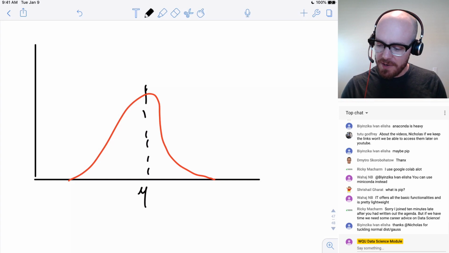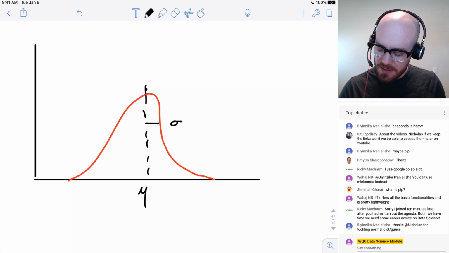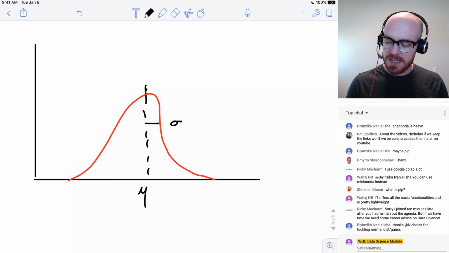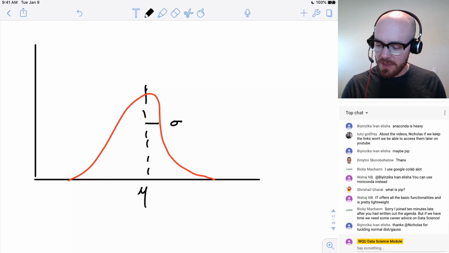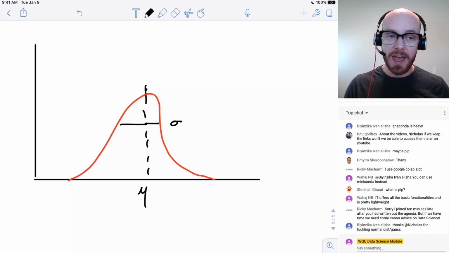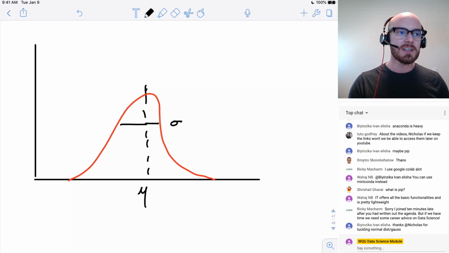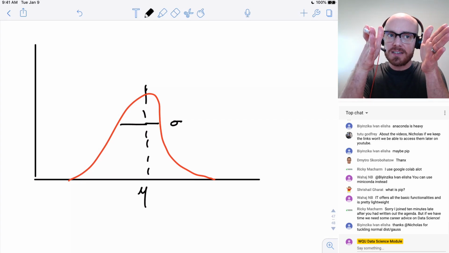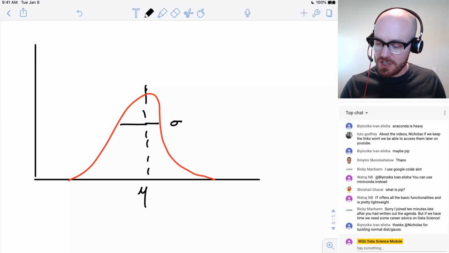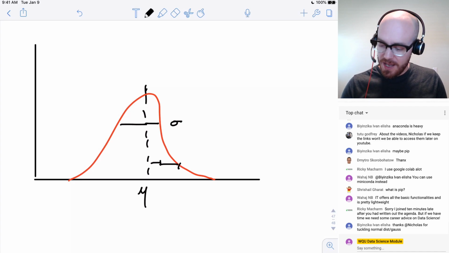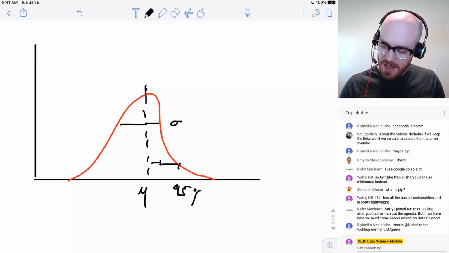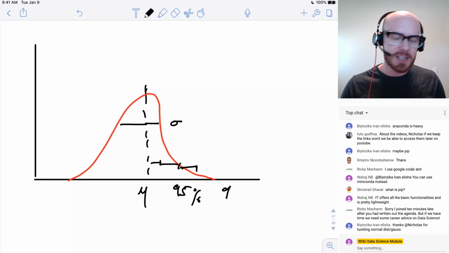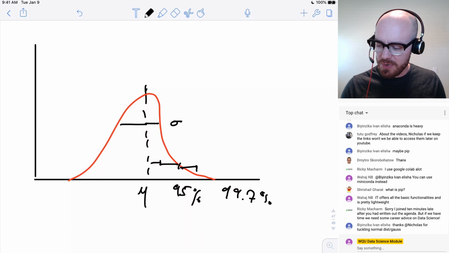And we know that if we look at the standard deviation, which we often write as sigma, if we go within one standard deviation either way of the mean, we're going to get 68% of all the observations in the population. If we go two standard deviations, we're going to get 95%. And if we go three standard deviations, we're going to get, what is it, 99.7%, I think.